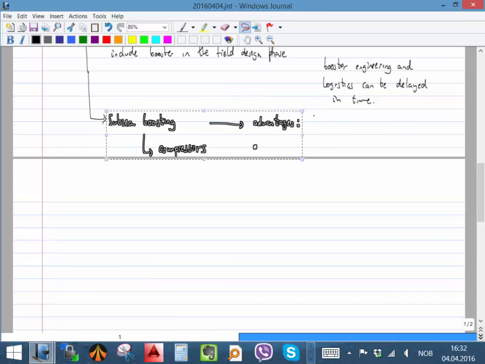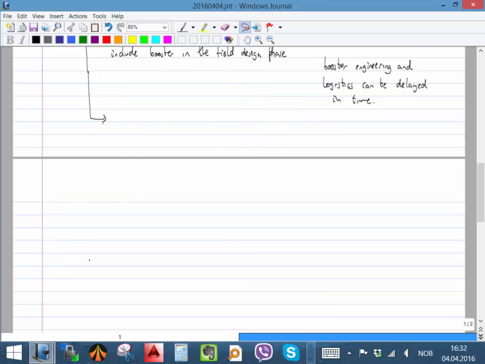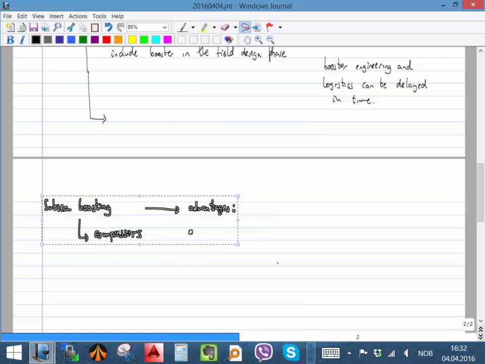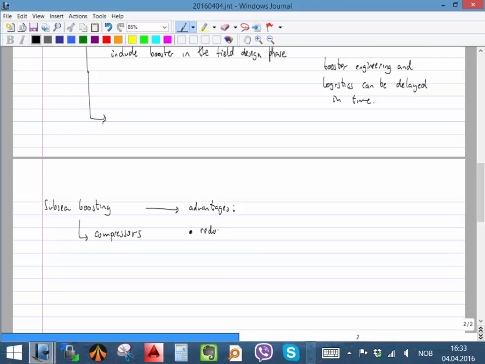Okay, so we're going to talk about the advantages, very generally, some of the advantages of having subsea boosting. Some of them are to reduce cost. Well, the first advantage is to increase production, okay? Then also we want to increase tieback